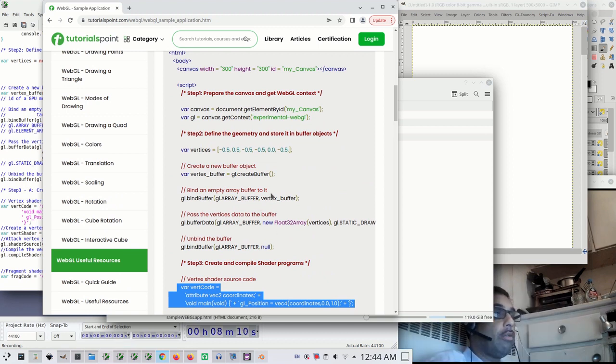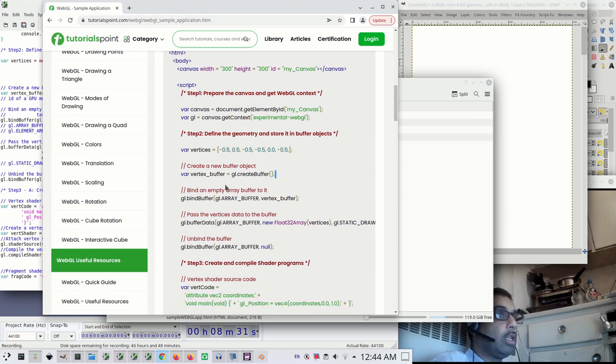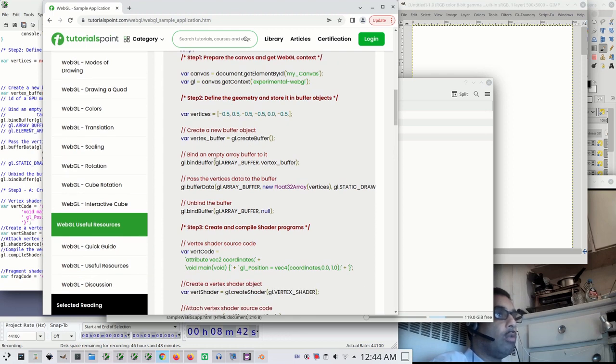So bind buffer. Now we're making a connection between the vertices that we have in JavaScript and this create buffer. We just made an array of size 6 and filled it with these values. This one is going to make an array on the GPU of a rendered size, but we didn't give it values yet. Here we connect the two. We connect the vertices and vertex. So